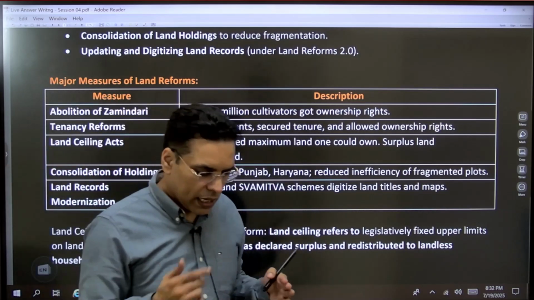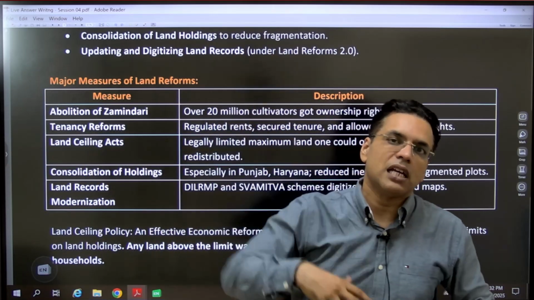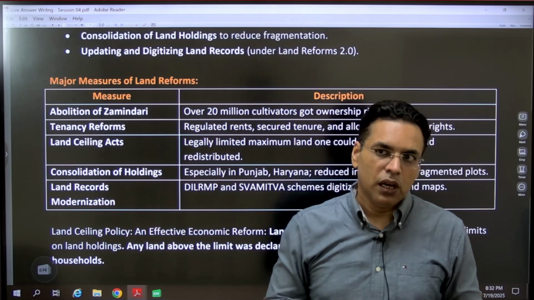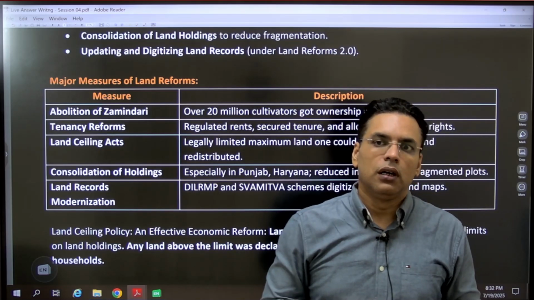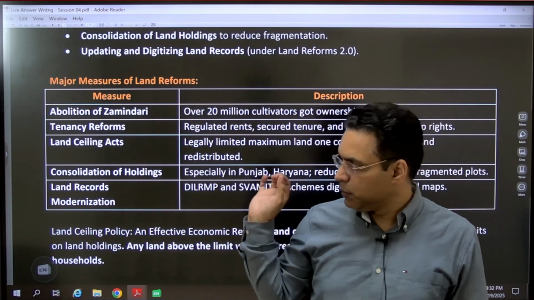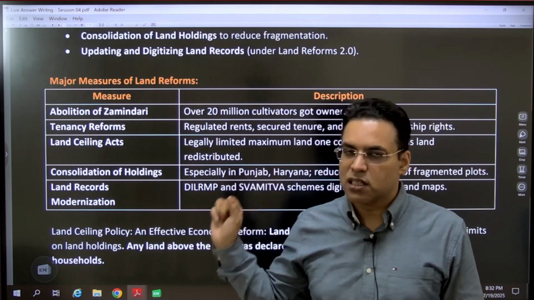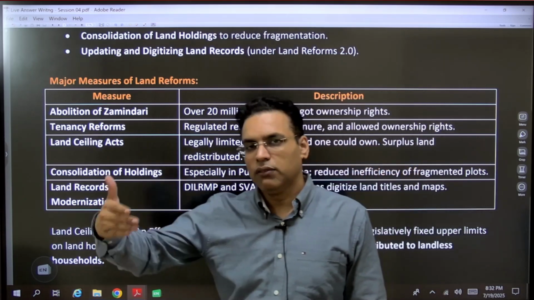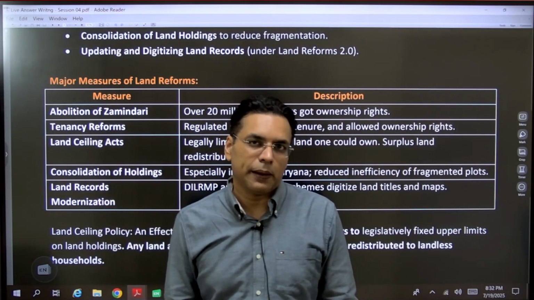Now what you need to do is that PYQ based themes पे आपको last 5 year के PYQs को लिखना चाहिए and try to write them in a very structured manner. What I'll do that I'll be sharing some PYQs model answers भी आपके साथ share करूँगा, so that you have a road map कि उन answers को कैसे use करना है.